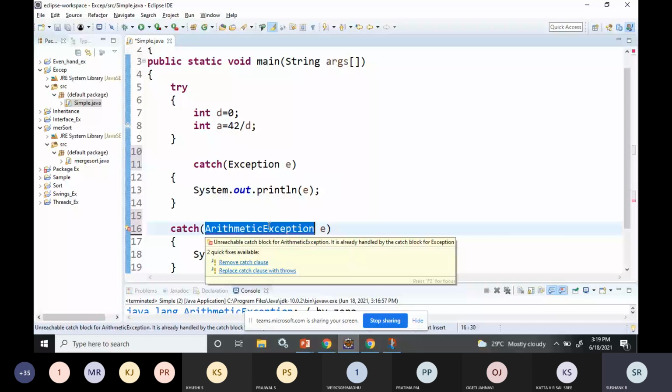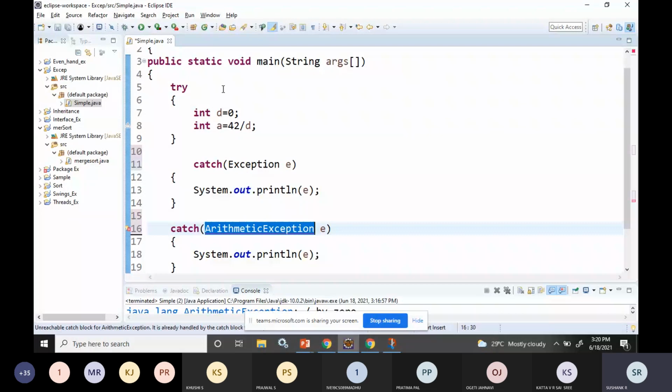We can understand this with an example. We'll just write an example. The same example we can modify, and we will understand this. We already have one try block.